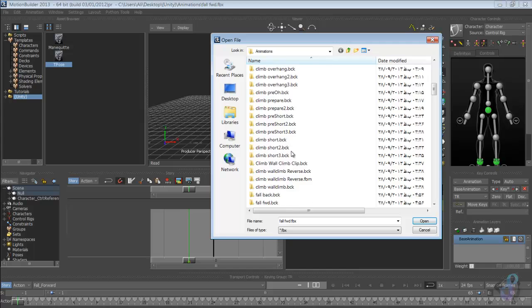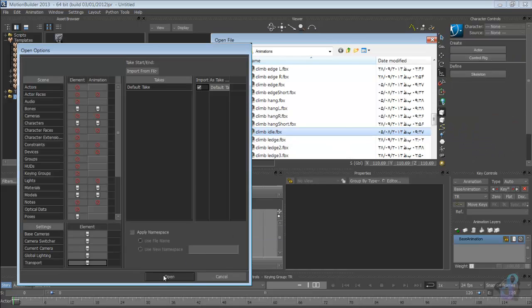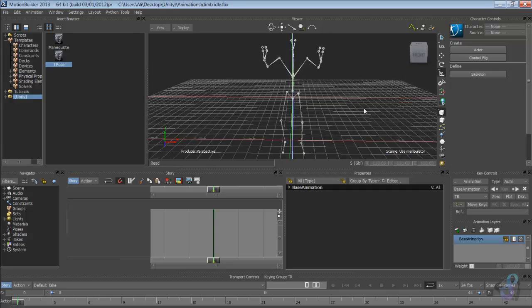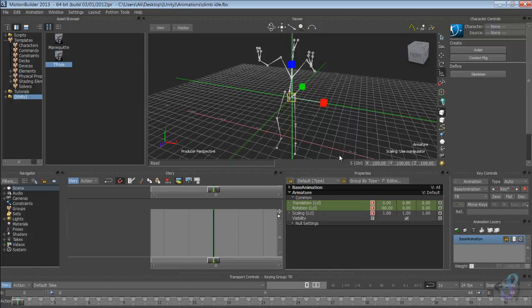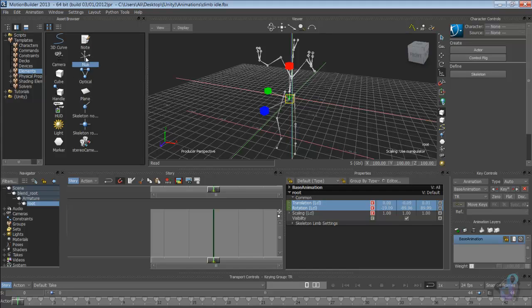One of them is on climb idle. You will notice that when this file is loaded, unlike the other files, the skeleton is proportionally okay. But you may notice that there are two nulls, and if you are using Maya, the locators here, and if you look at the hierarchy here, you will see that the root is under these two. Now, if you encounter any kind of situation like this, you still want to make that null yourself,